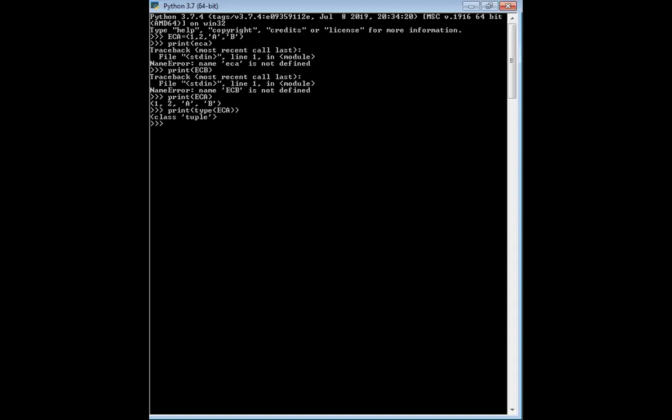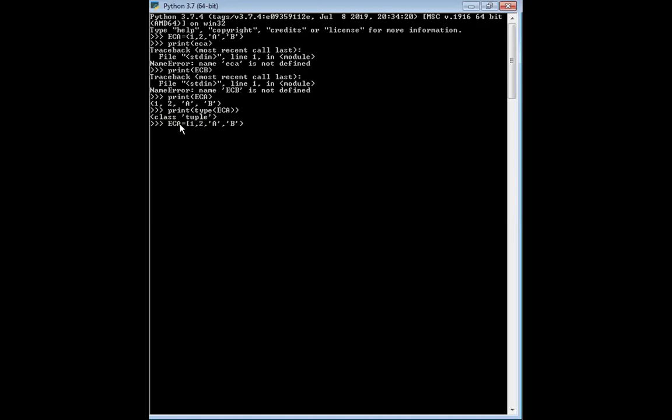So class tuple is the output that you got, and this is a very important thing. Now one more important thing I will do: instead of using the round bracket, I will be using the square bracket.